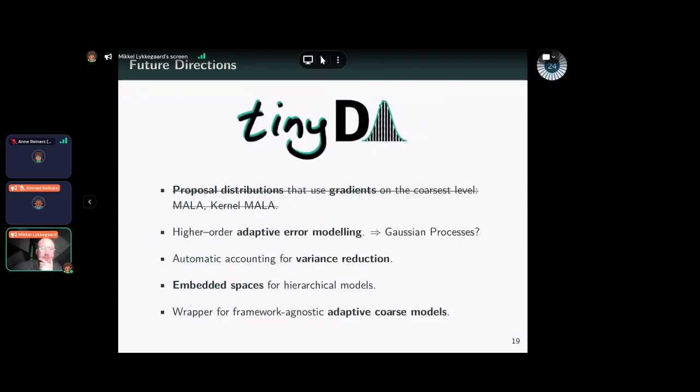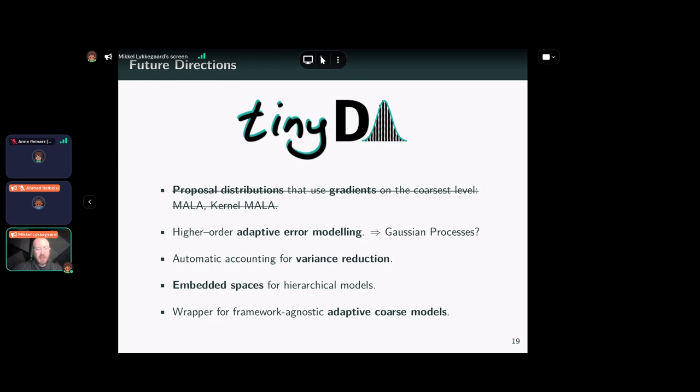Okay, so future directions. I'm always interested in extending TinyDA. There are some features from the paper on MLDA that we haven't implemented, including automatic variance reduction and having different new parameters in the finer levels than in the coarser ones, and being able to sample from other proposals there.